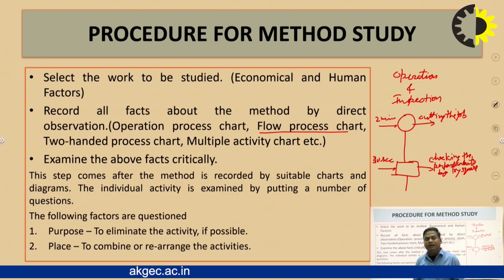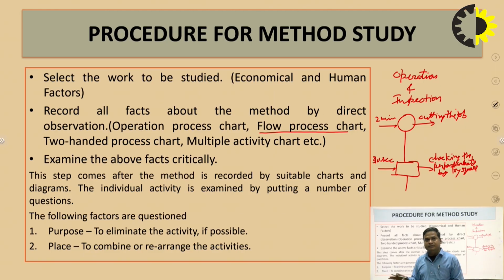Similarly, if we have some quantities which are going to be shifted from one place to another place, and we have to count these things, so we have counting and moving, meaning transportation from one end to another end, and inspection is there. So both things happen simultaneously. So both symbols, operation and inspection, or transportation and inspection, we are using at the same time. So in the flow process chart we are using all 5 types of symbols, and these are differentiated by